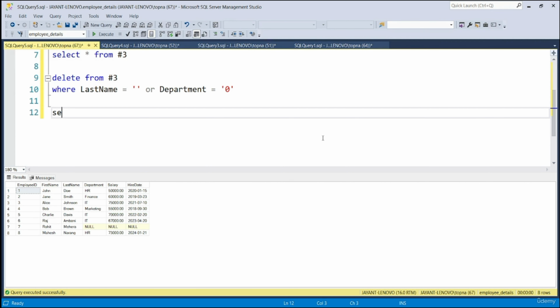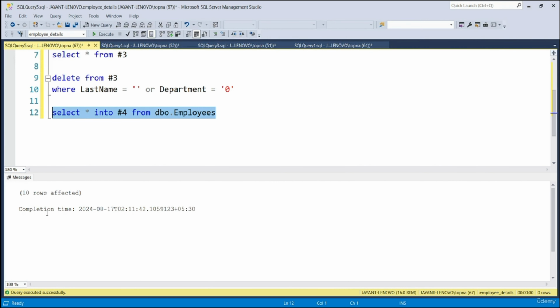So we will write select star into hash4 from dbo.employees. I will select the statement written in line number 12 and execute it. 10 rows affected. It means a new table by the name hash4 was created.